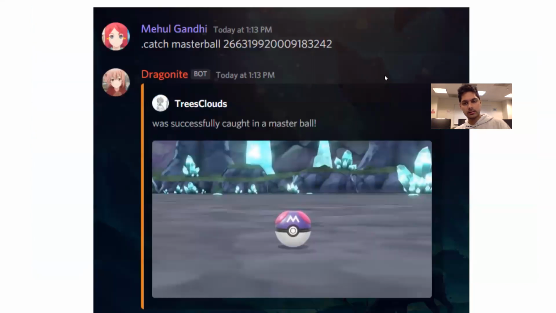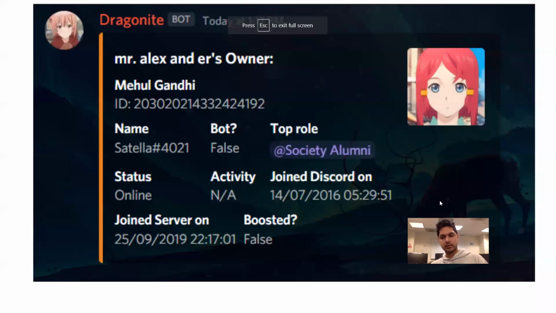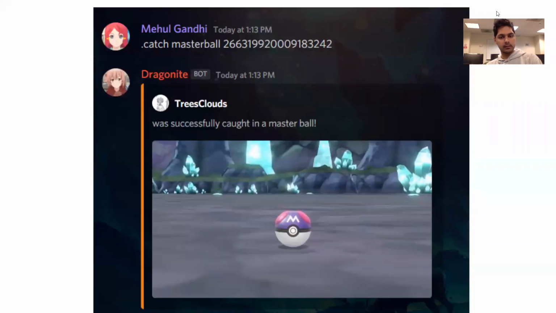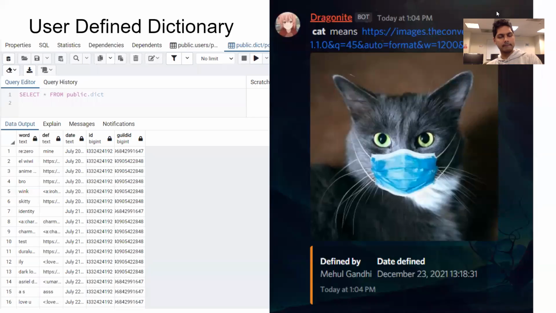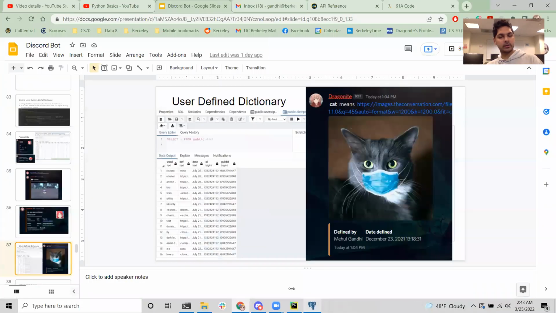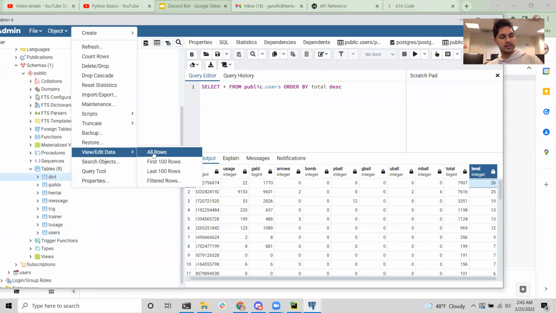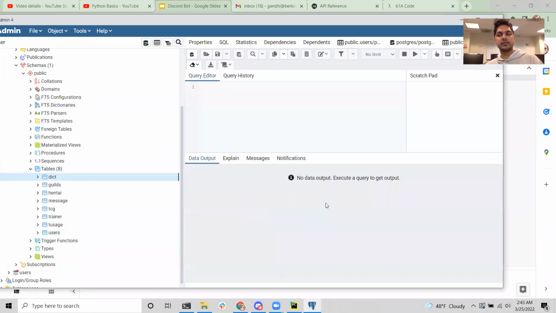Okay, yeah, 1 second. What are we doing? Oh yeah. So I have a couple of other things in my SQL table. I have a table that's like a user defined dictionary.